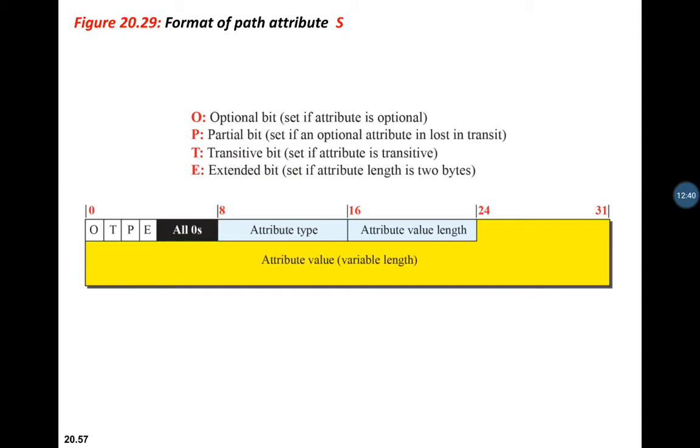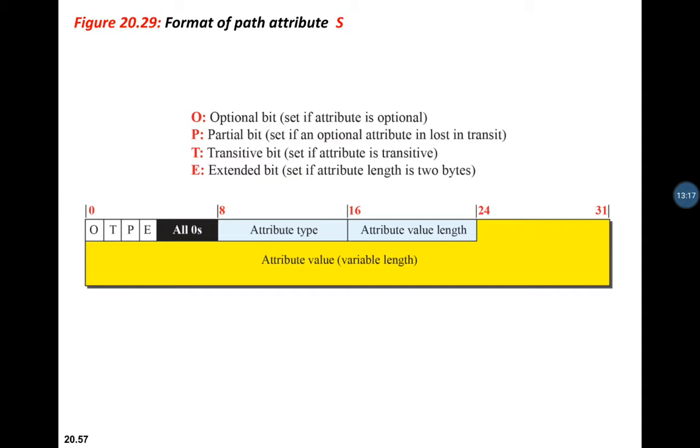Now in the interdomain, these are called path attributes. The border gateway protocol allows the destination to be associated with up to 7 path attributes. The path attributes are divided into well-known and optional attributes. Well-known attributes are recognized by all the routers, and the optional ones need not be recognized. Well-known can be mandatory, which means it must be present in any border gateway protocol update message, or discretionary, which means it does not have to be present.